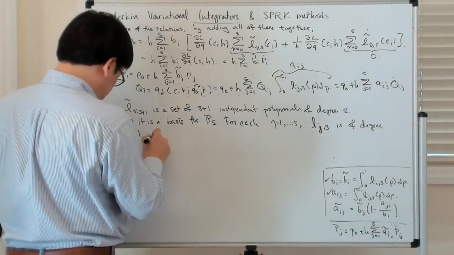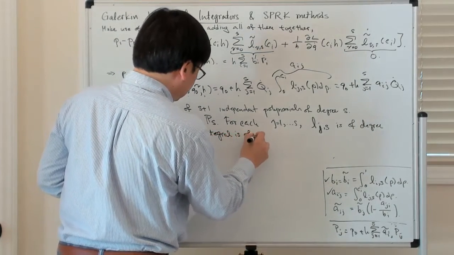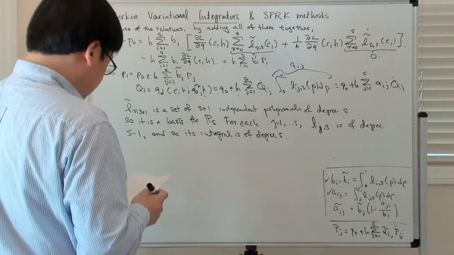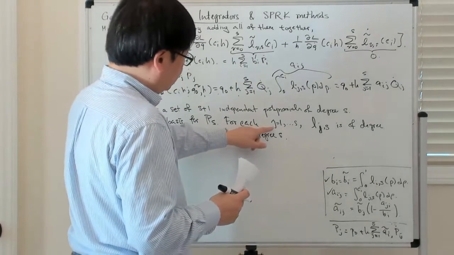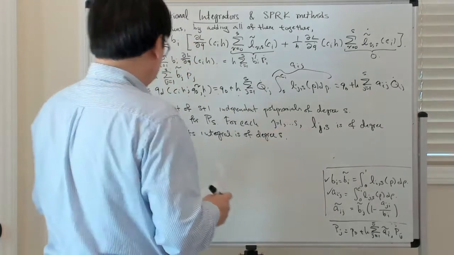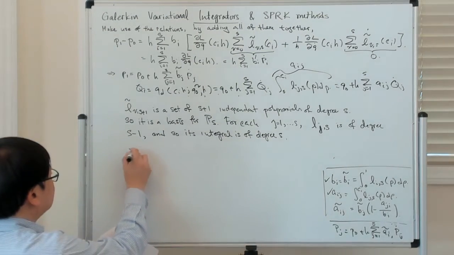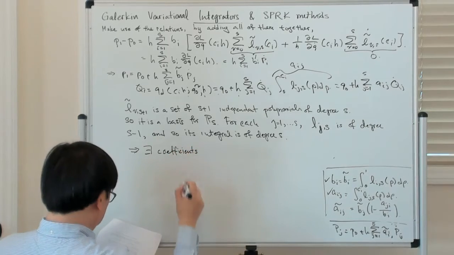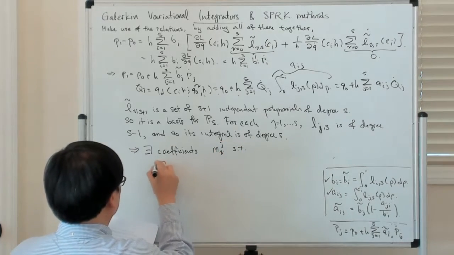And so its integral is of degree s. So what that implies is that there's some way to relate the integral of these Lagrange polynomials and expand it in this L tilde basis, if you will. So this implies that there exist coefficients, let's call them M nu j, such that the sum over nu from 0 to s